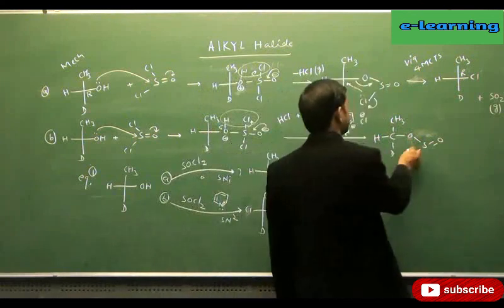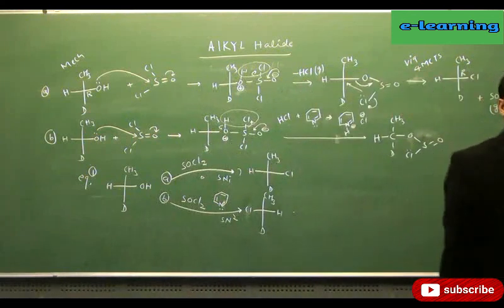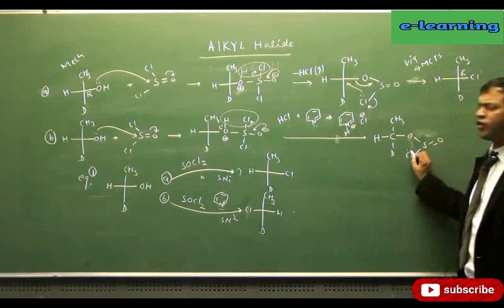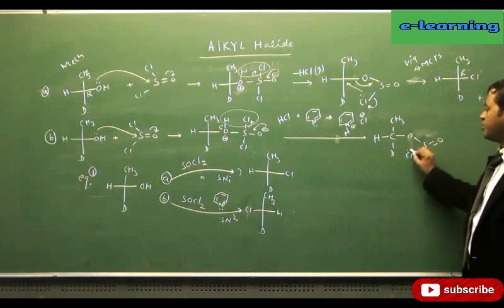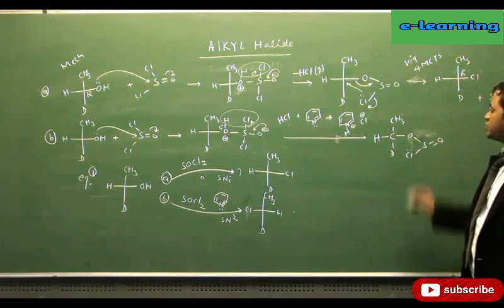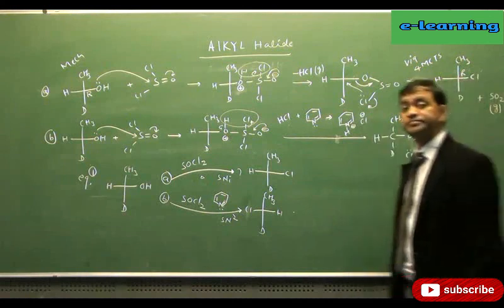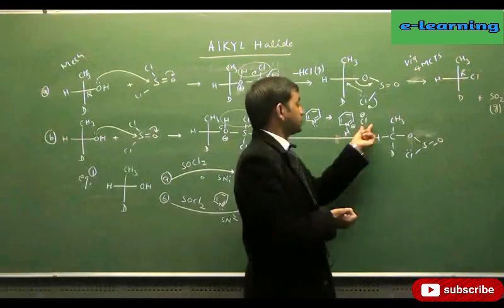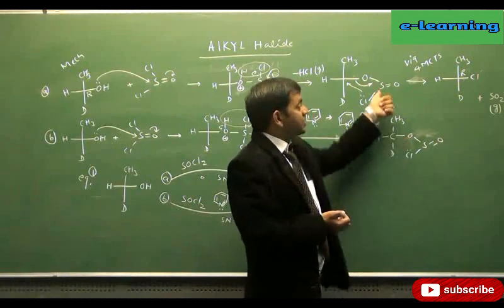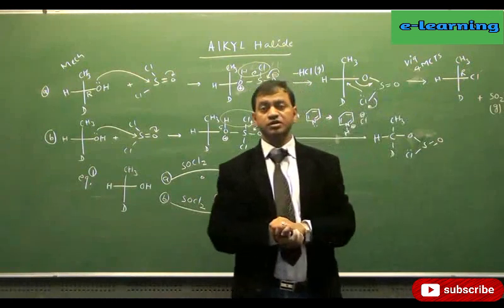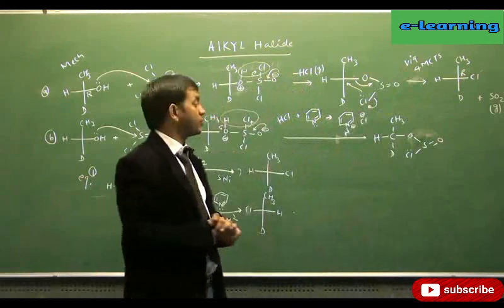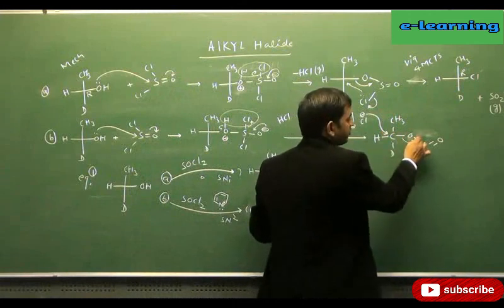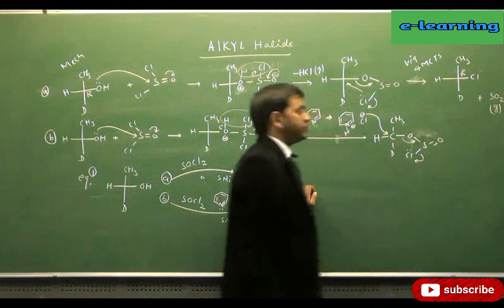Another thing is nucleophilicity. Neutral Cl is less nucleophilic than the negatively charged one. You can also observe this has somewhat positive charge due to resonance; the lone pair of Cl is undergoing resonance. So the negatively charged Cl is more nucleophilic. Another point: why is it converting into SN2? If we follow SN1, it is via a four-membered cyclic transition state, which has somewhat angle strain. Therefore the attack is by the more nucleophilic Cl, backside attack takes place, it is removed in the form of SOCl2